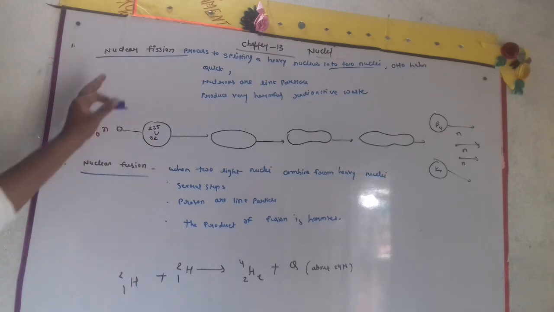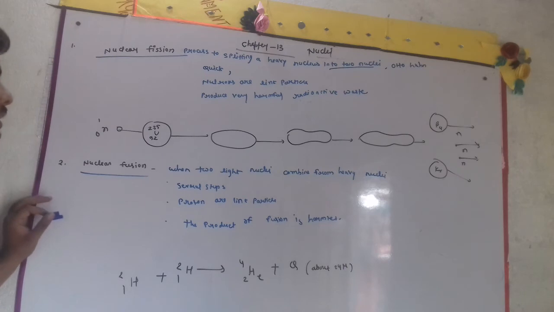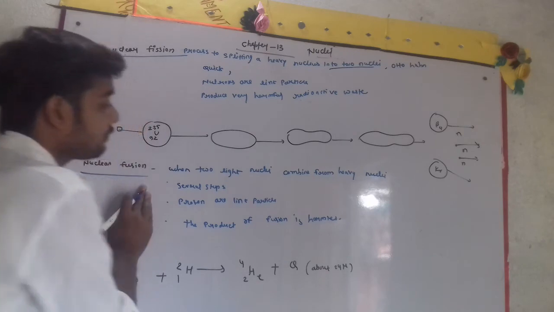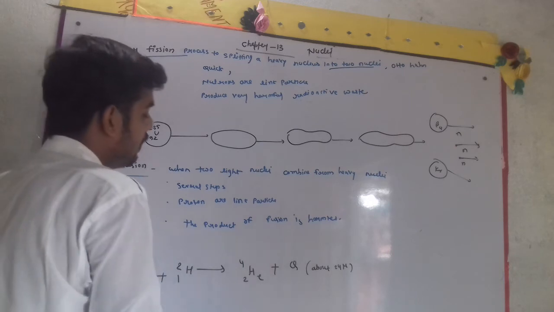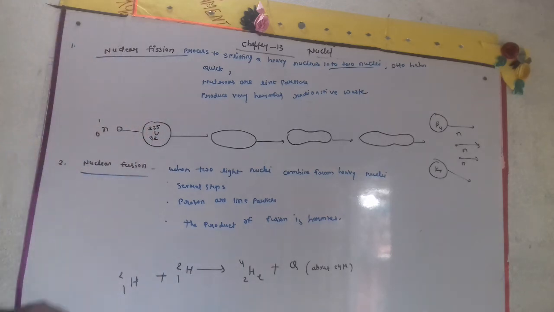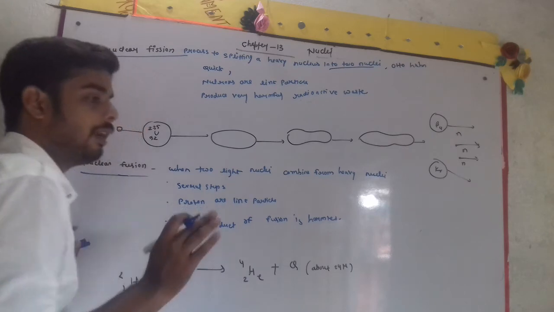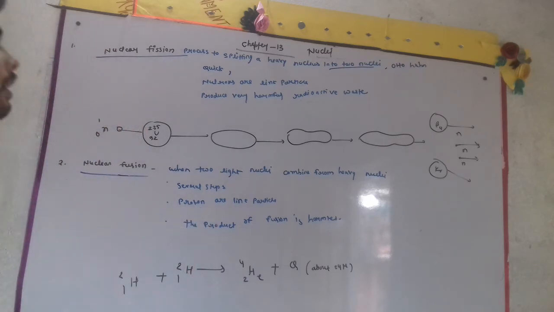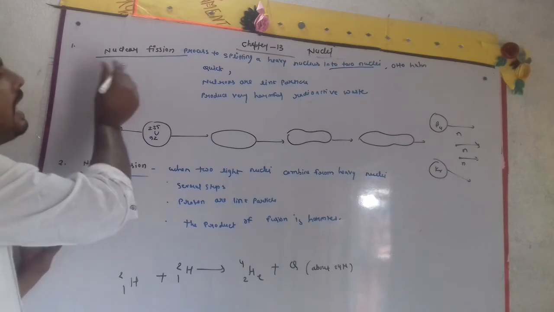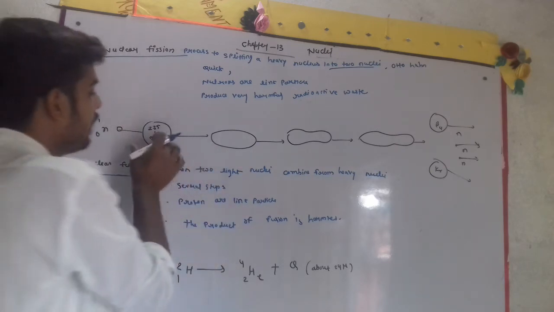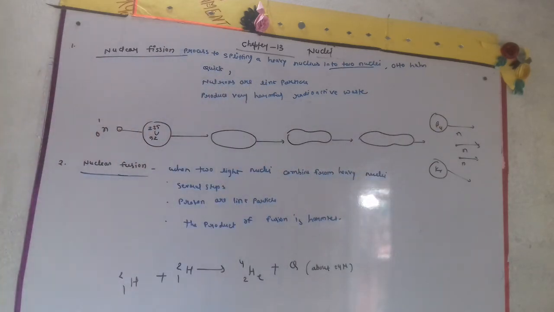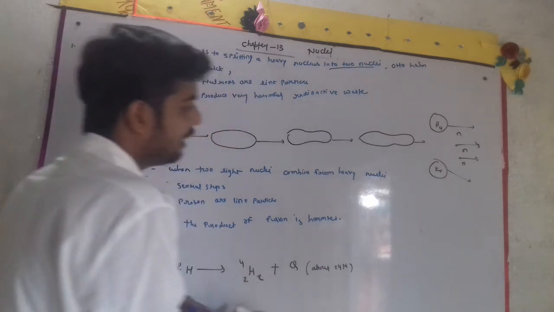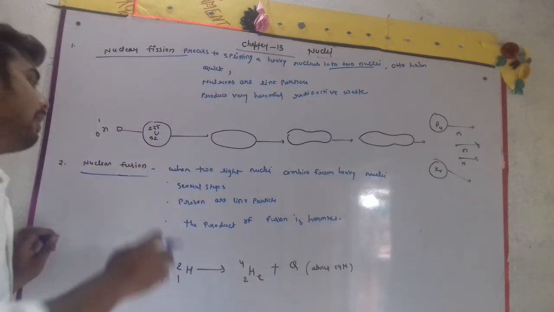We have to write the difference between nuclear fission and nuclear fusion, which we have studied earlier. So what about nuclear fusion? When two light nuclei combine into a heavy nucleus, that is known as nuclear fusion. Some differences are there. Fission is the process of splitting a heavy nucleus into two nuclei, but when two light nuclei combine with each other, nuclear fusion happens.